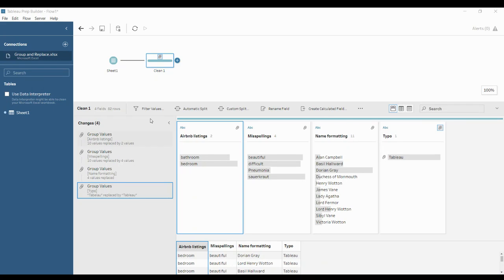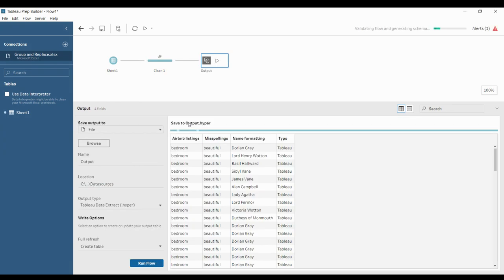In this lesson, we will see how to connect the output step in Tableau Prep Builder. So just click on the plus icon after clean, after all your pre-processing, you can simply click on this plus icon where you can see an option called output. Click on the output where you can see some options in the output pane.